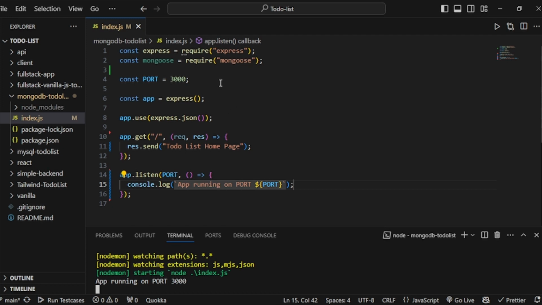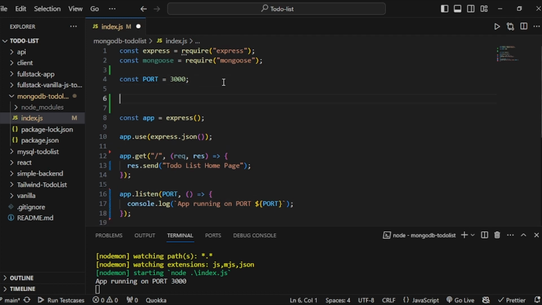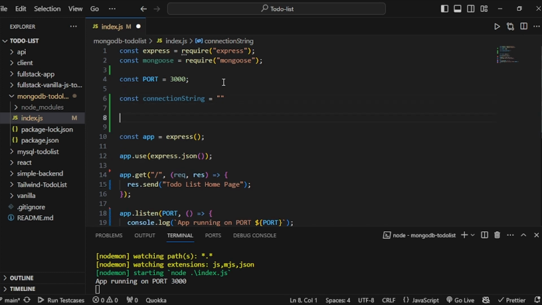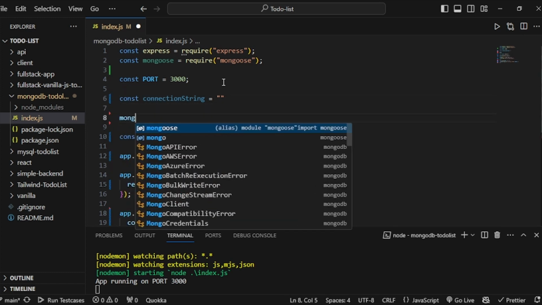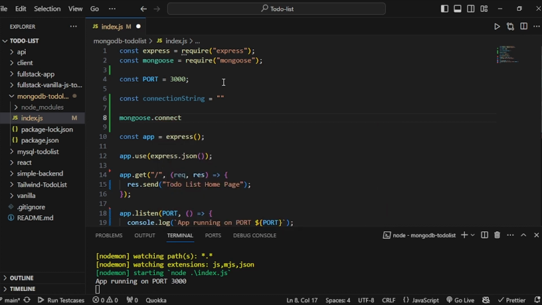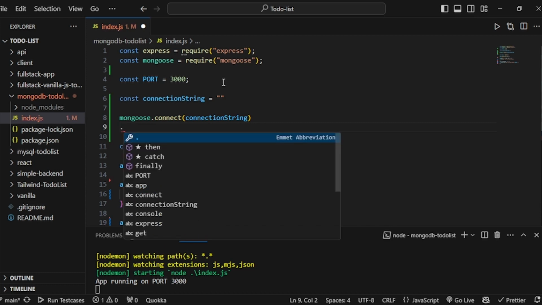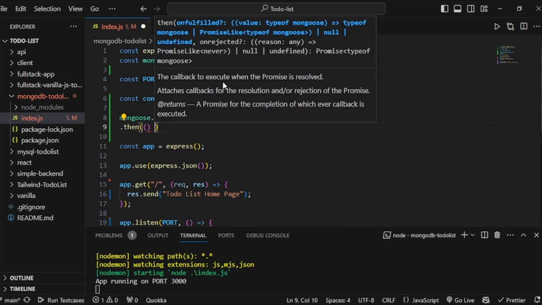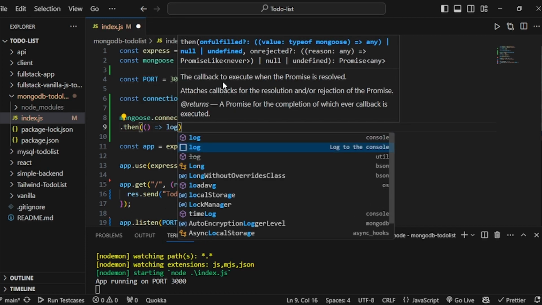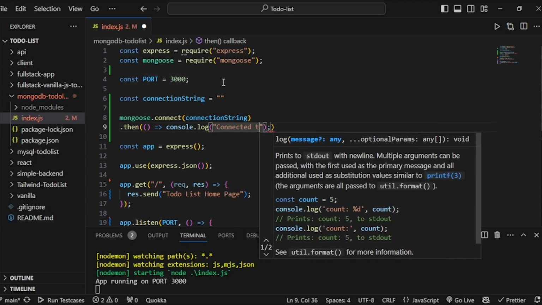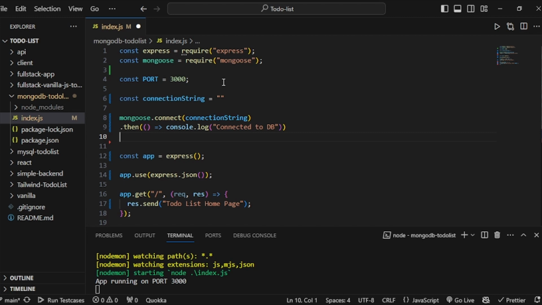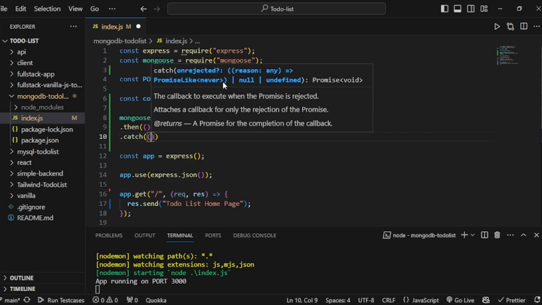Now to connect with MongoDB, we need one connection string. So we will have something like this: const connection string equals something we will have over here, and then we can simply do mongoose.connect, and here I will pass my connection string, and after the connection is complete we will have access to some methods. So this will be one promise, and then we can do something like this: log connected to DB,